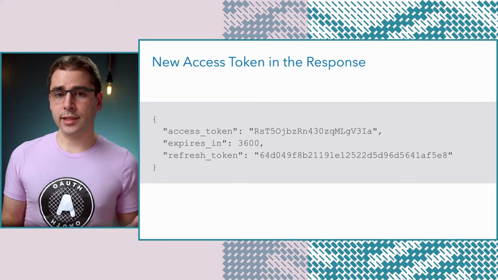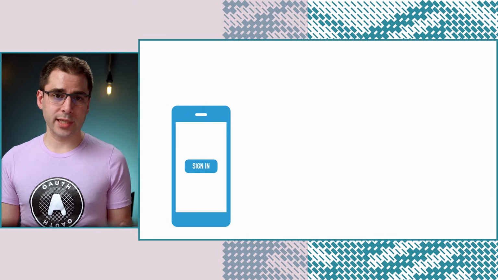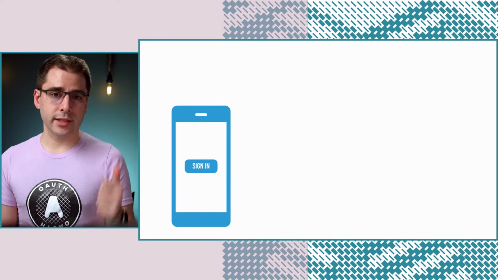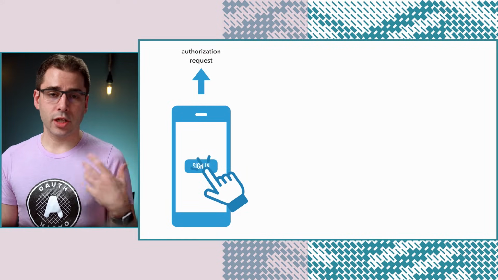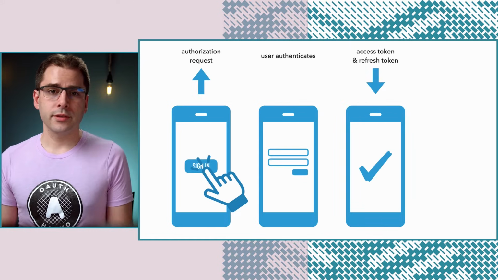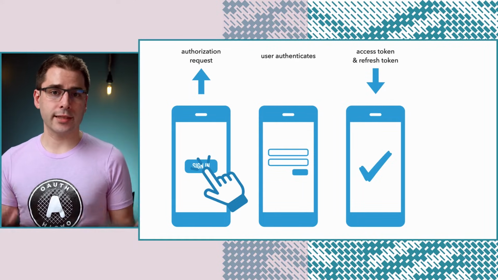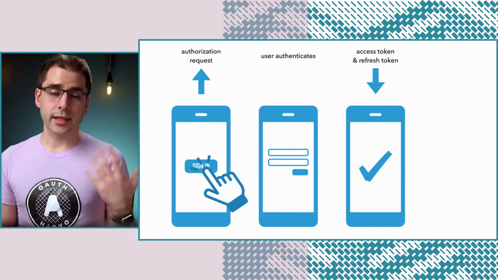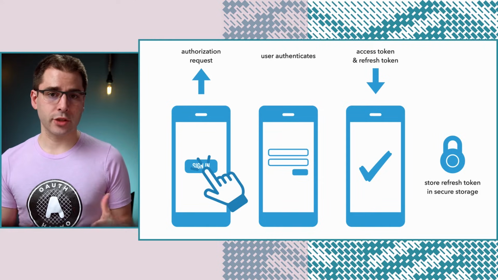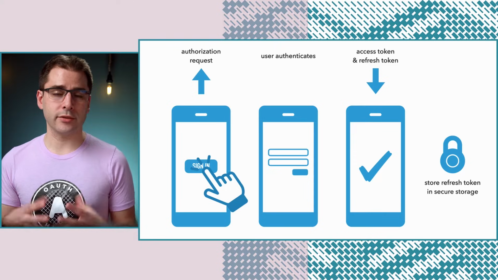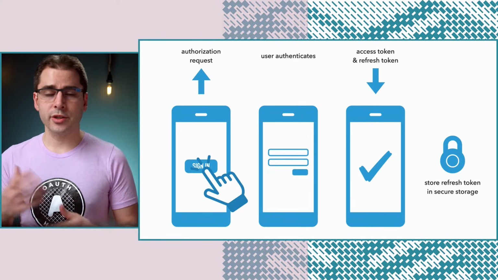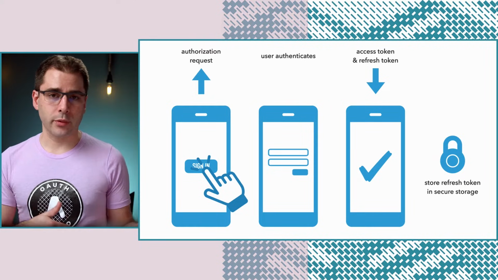So the way you can use this, especially in a mobile app, let's walk through a sample flow. So the user launches the app, they click sign in, and the app will launch a regular OAuth flow. So the user will sign in, get redirected back to the application, and the application will then get the access token and refresh token. At this point, the app can actually store that refresh token in the secure storage APIs available on the phone. The user will use the app for an hour, put it away, come back the next